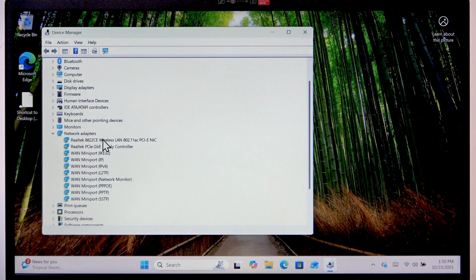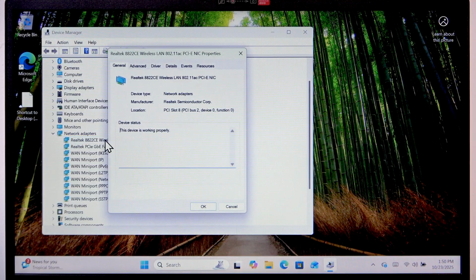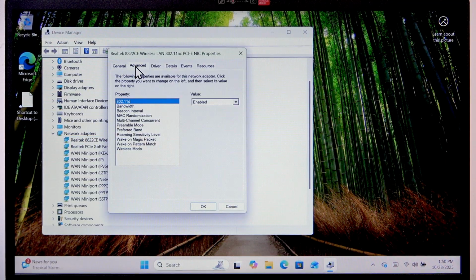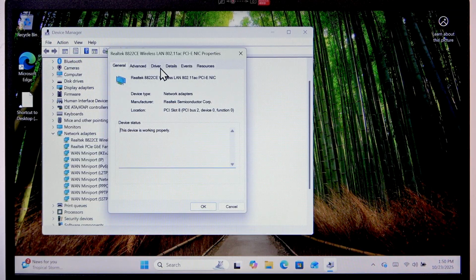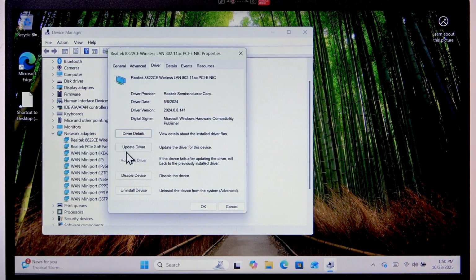Find the wireless LAN adapter, this one, double click it, select Advanced, select Driver tab, and then if you have some sort of internet connection, maybe you have Ethernet cable that you can connect to your device, then go to Update Driver,